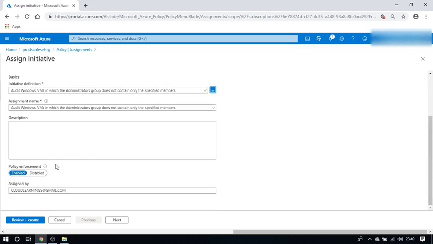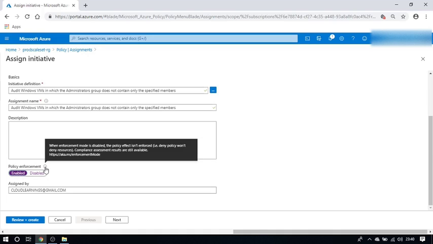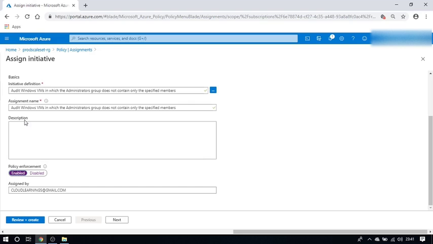Policy enforcement should be there. If you disable this, policy enforcement will not be there. You have to enable it manually. You can see that when enforcement mode is disabled, the policy effect is not enforced. It means this policy will not apply to all the resources on your subscription. So when you click on next,